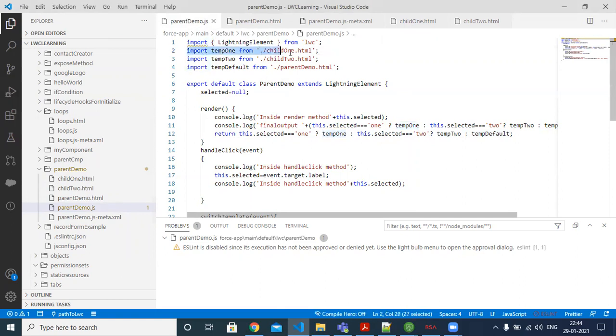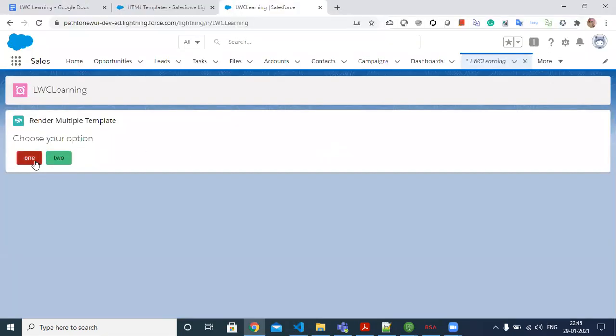So what I did is, I just imported three HTML files, meaning all the content of each HTML file is stored in a simple variable, right? If the class level variable value is 1, I'm rendering temp1, meaning I'm referring to this specific file to be rendered in my logic. The render method is a predefined method. The return type of this method is a template. So if you just pass it like this, what happens, let's see.